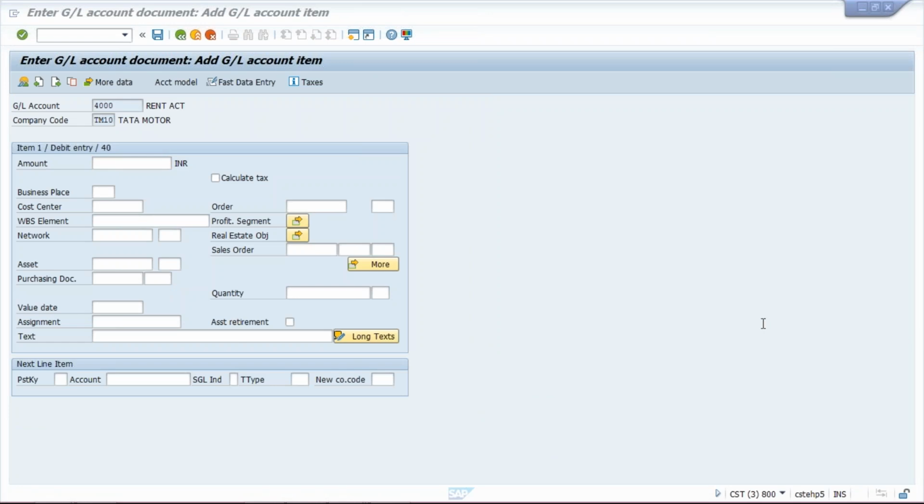Next question. Is it possible to give a posting date as a future date or past date instead of the current date? See, I'll tell you, this question is a little bit logical, a little bit illogical also. If you talk about past date, of course, we have several instances even in the organization where we can give past date, but future date never ever. I don't think that any future date posting is required. How is it possible that we are in August month and we want to post a transaction belonging to September month? Okay, anyhow,